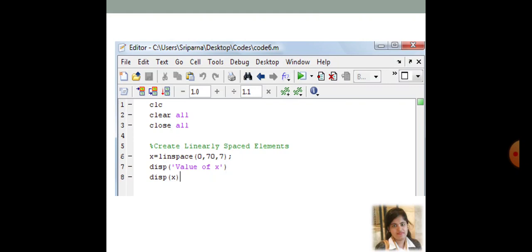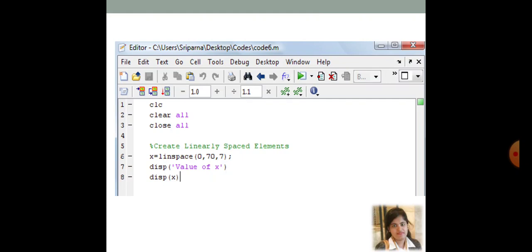In line number 6, we are going to create that particular vector x using the function linspace. It is basically the short form of linear space. So the syntax is linspace, and within the first bracket, we need to give the point from which the values should start.